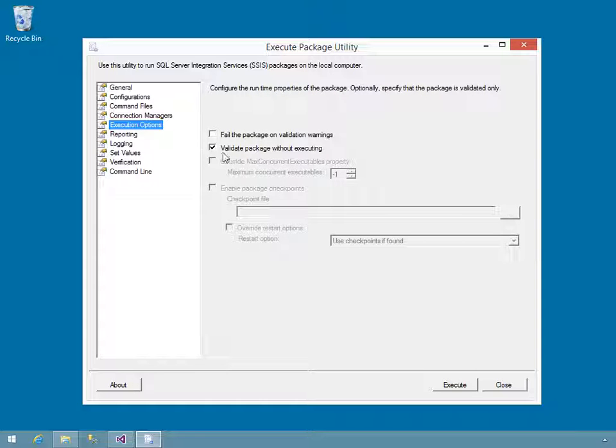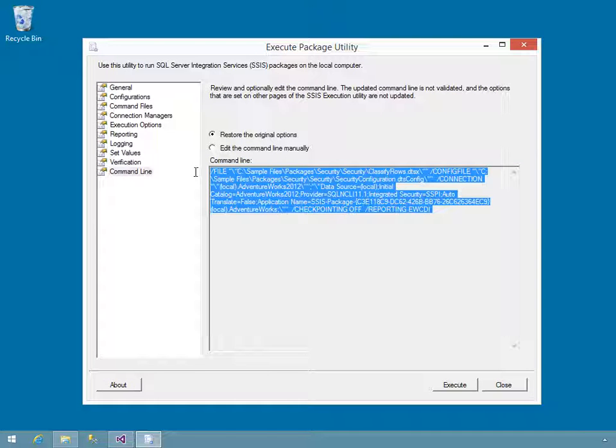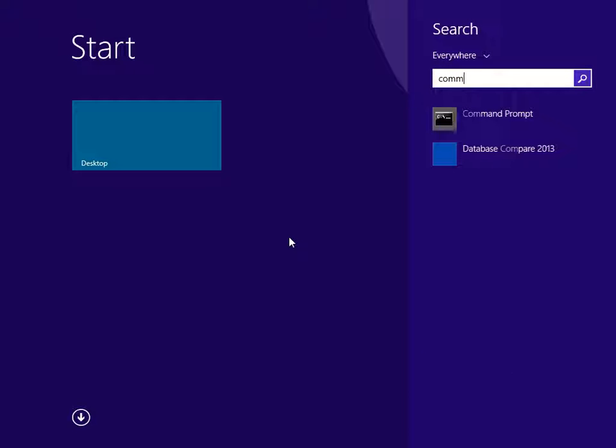So I have the execution options. I'll deselect that, and I can select anything else that I want to do. And then come back here to the command line, and now I'll just copy all of that. Next thing you need to do is open a command prompt,